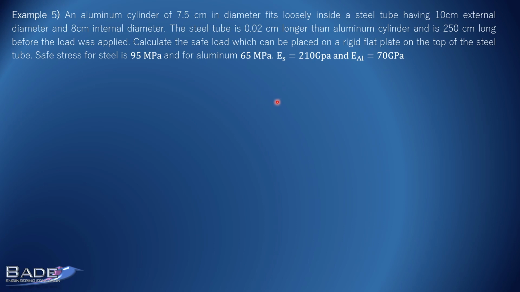In this problem, you are asked to find the safe load. So of course, you must know the safe stresses, that is, the permissible stresses: in steel 95 megapascal and in aluminium 65 megapascal. How do we tackle these problems? For bars in parallel, remember, use conditions of equilibrium, and when safe stresses are given, create a relation between stresses. And when you relate the deformations delta of the two materials, replace delta in terms of stresses.